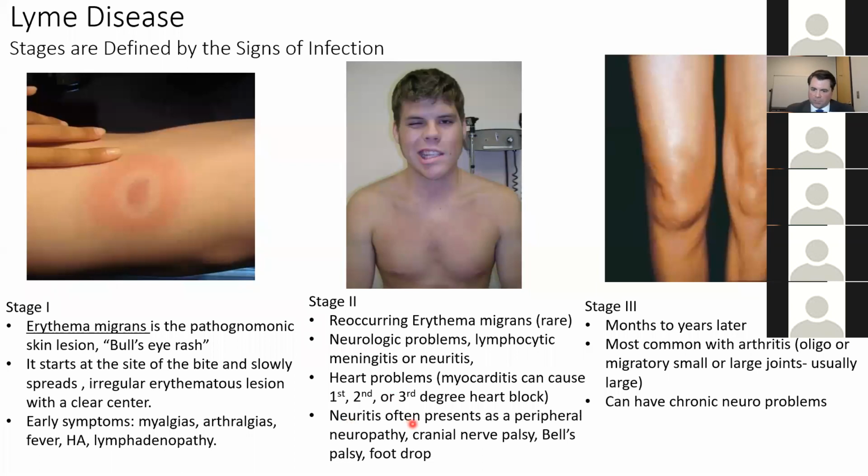And neuritis often presents as peripheral nerve palsies, like this patient here. You can see his cranial nerve palsies. And then stage 3, which you could call late disseminated. And with these stages, you can have overlapping with early disseminated, late disseminated, but months to years later, the patient